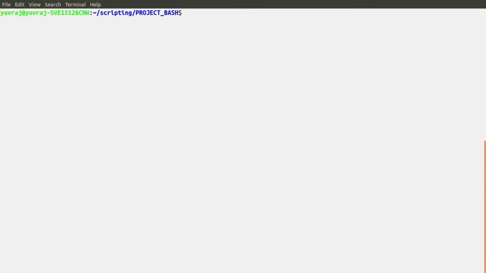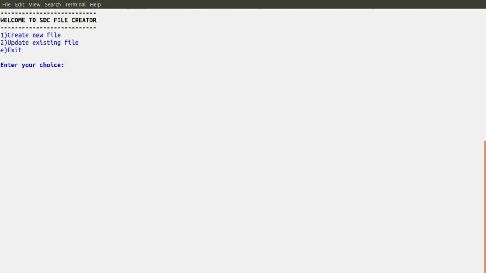Now starting with the main demonstration, we'll write the name of the function which is in the script, create SDC. Now here we're given two options. First is create new file, second is update existing file. We'll start with creating a new file. We'll type 1. Okay, so now the script is asking us to give the file name without any extension. It will add the extension itself. So if we do like